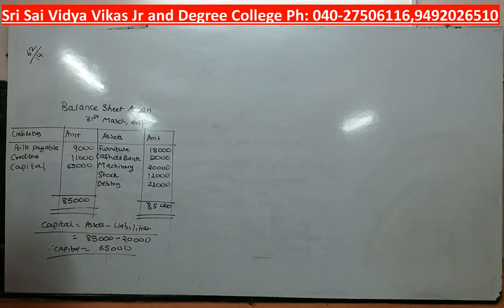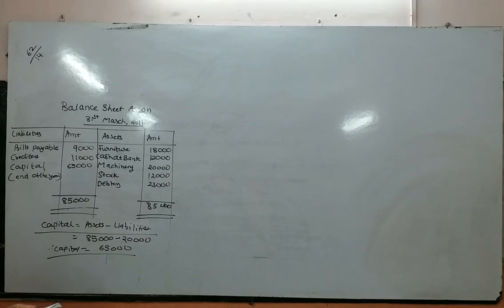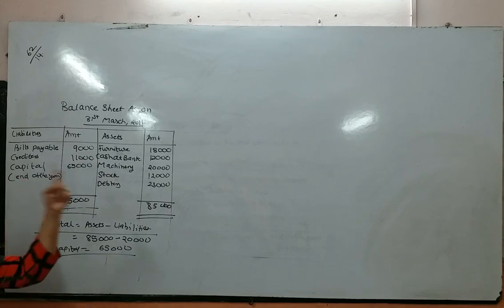Which capital is it? This was the capital which was available on 31st March 2011. This means this is capital at the end of the year. Are you understanding? This is going to be our closing capital. Capital at the end of the year will be 65,000. Now, let's continue with the sum. During the year he withdrew 6,000 for personal use. Personal use means drawings, so it will appear in the formula. Prepare statement of affairs and find out profit.